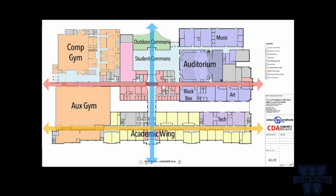and then into a very unique and very contained and very safe and secure outdoor commons where students can actually gather and interact in an outdoor setting, but not one that's subject to the open traffic flow of the site. It is a contained space. So this is the beginning of that axis